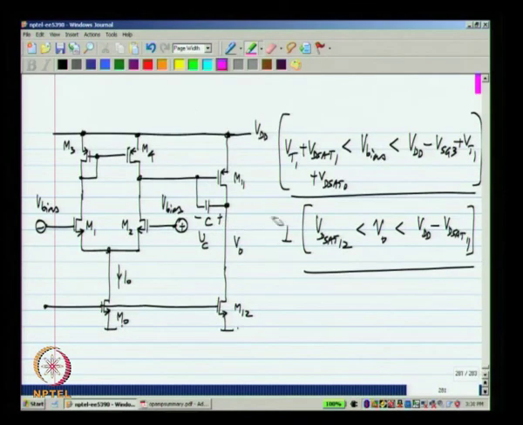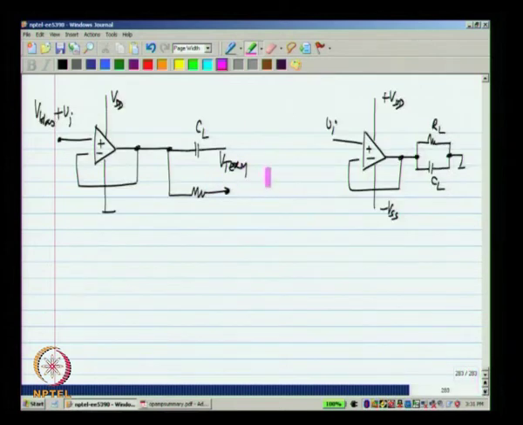What this means is, let us say I have a resistor here RL, and this is at some voltage that is different from the quiescent output voltage, then a current will be flowing through that has to be supplied by the transistor M11. So, that is not a good way to operate, it is best to connect the resistive load such that the quiescent output current is 0. So, when we do have a resistive load, we connect it up to Vbias.